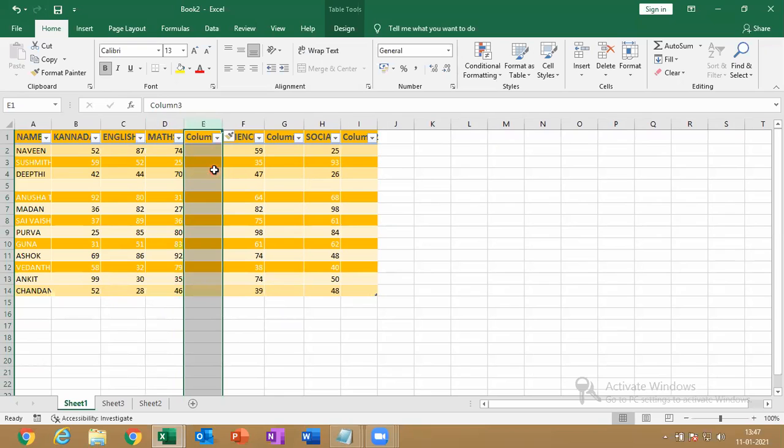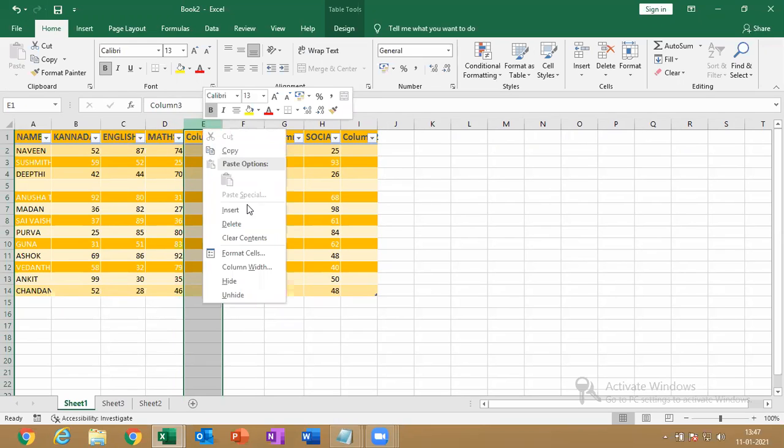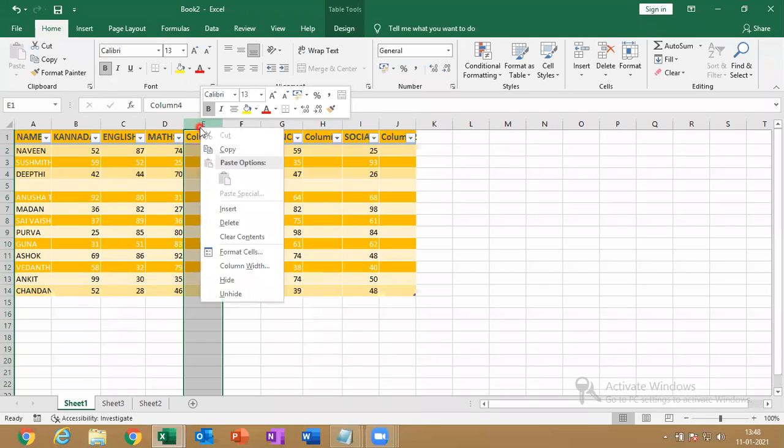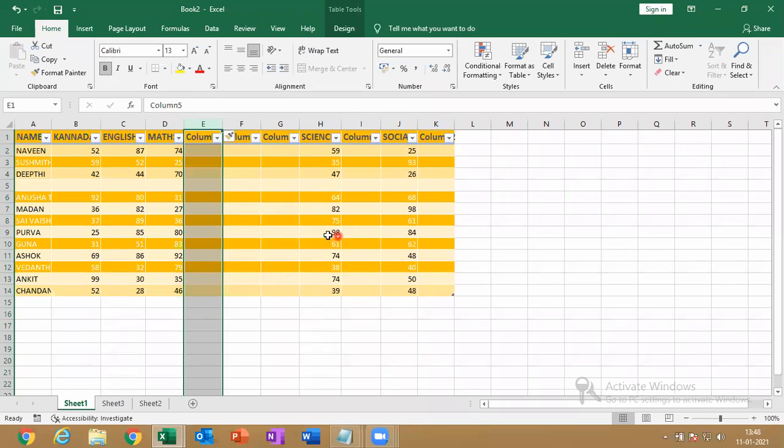It will become the E column only, but between D and E means I should right click on the E column, so that by default it comes on the left side, right? Left means if I insert, one column will come on the left side. That is nothing but between D and E. So we have to right click on the E column and insert. Okay. By default left will come. If you want right, then you have to mention it. Okay. So now you understood how to insert a row, column, sheet.